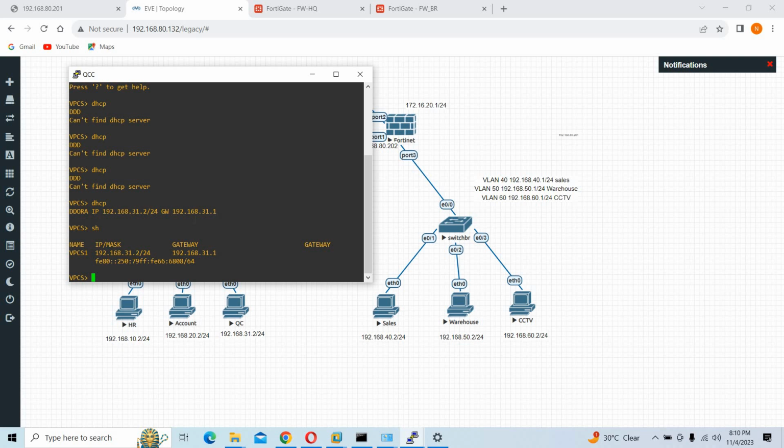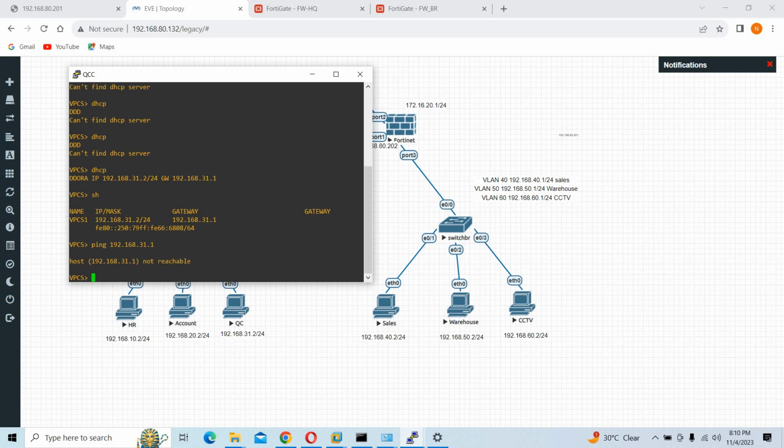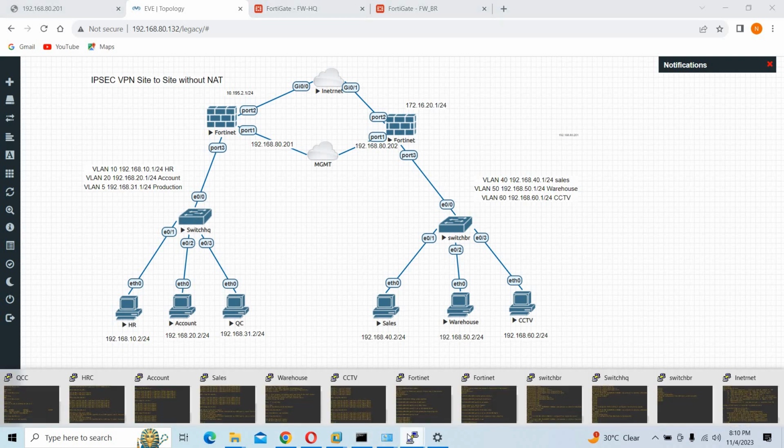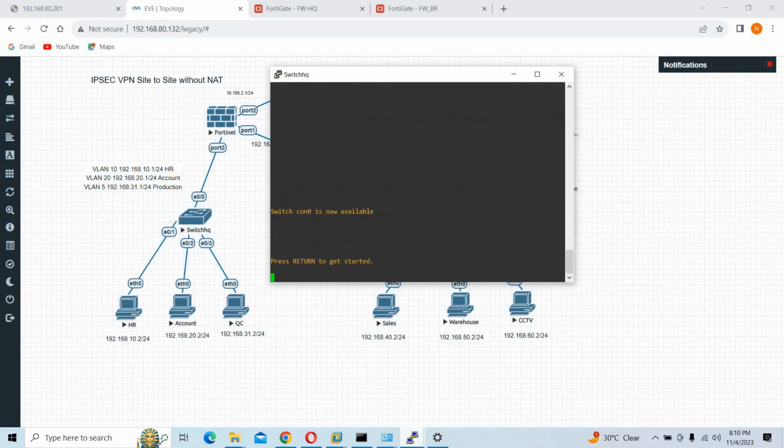So what we will do, we will show here. So what is the issue? We try to ping this one, 31 dot. Yeah, we are not reachable there. So maybe we have to check this switch settings. So this is actually troubleshooting. If it is there, that's very good for learning. So we will troubleshoot this one. We will show the VLANs, because this one is